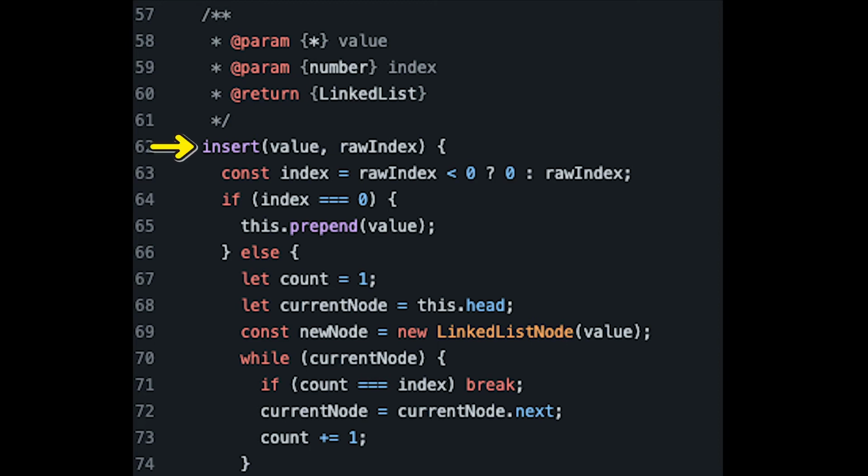Okay, so to wrap up adding a node to a linked list, let's look at the insert method. The idea here is to insert a value at a specific index, but a linked list is not index-based like an array, so the method has to incorporate this concept in its implementation. First,